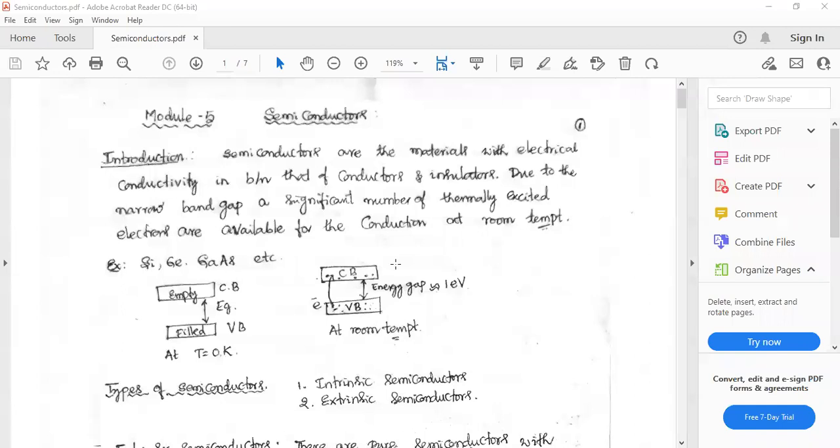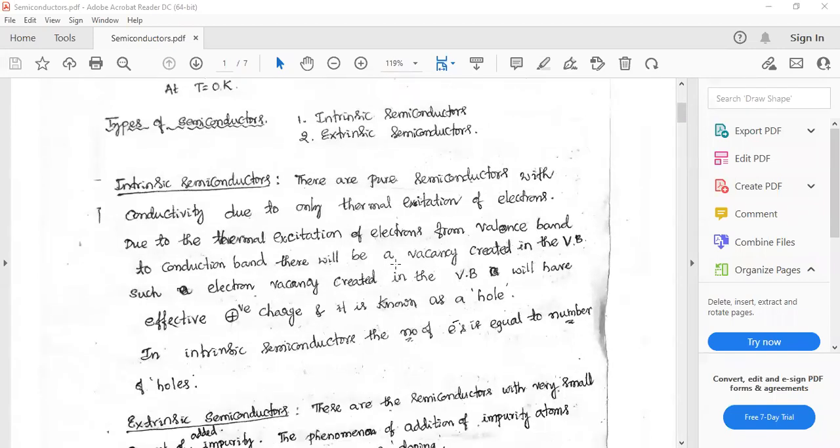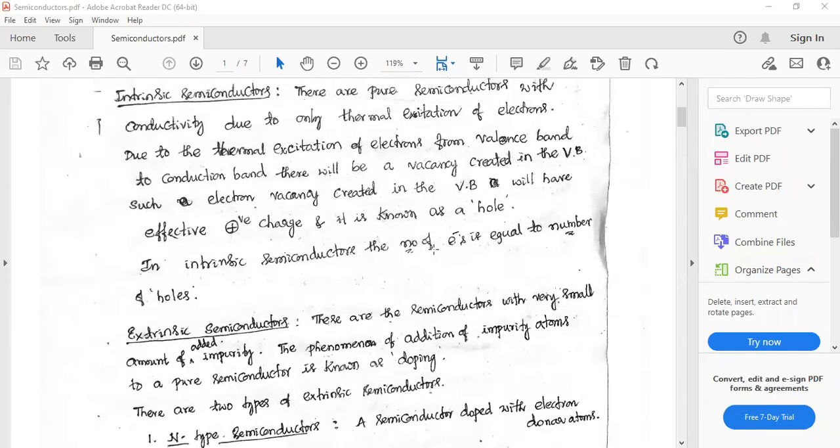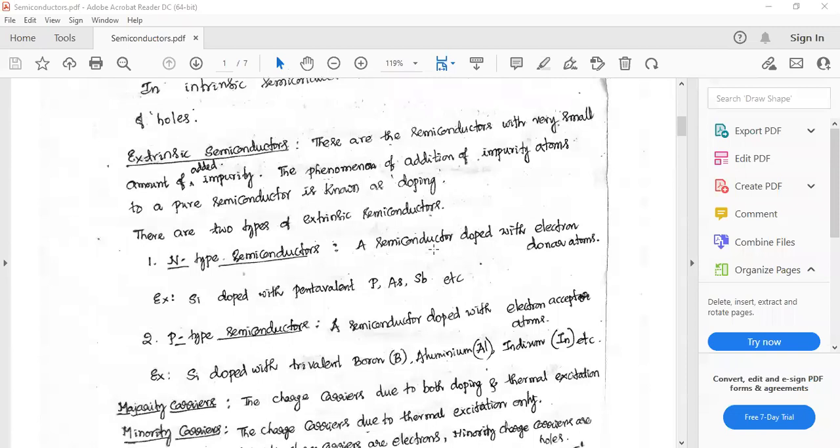We were discussing semiconductors in the previous class. I have defined the exact meaning of semiconductor, and then the types of semiconductor. There are two types, intrinsic and extrinsic. Intrinsic semiconductors are the pure type of semiconductors which contain both holes as well as electrons as charge carriers. Similarly, in the extrinsic semiconductor, we have two types: N-type semiconductor and P-type semiconductor. In the N-type semiconductor,